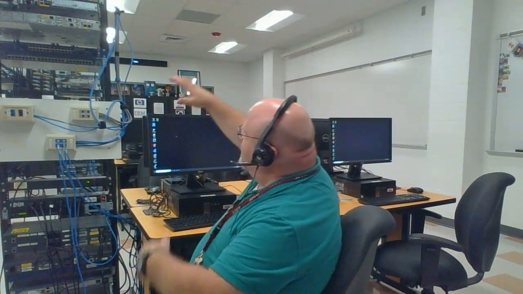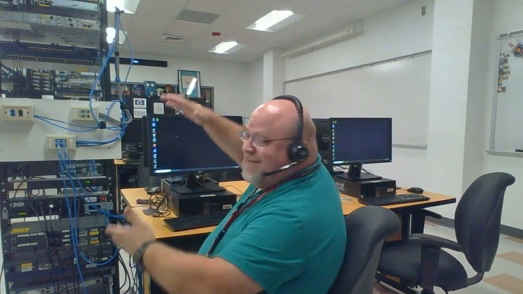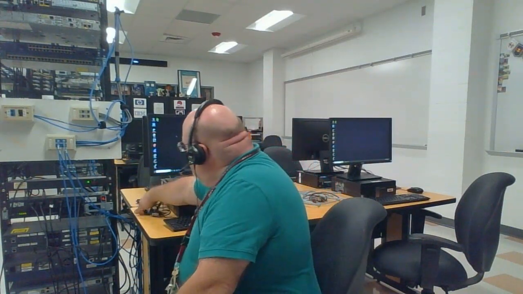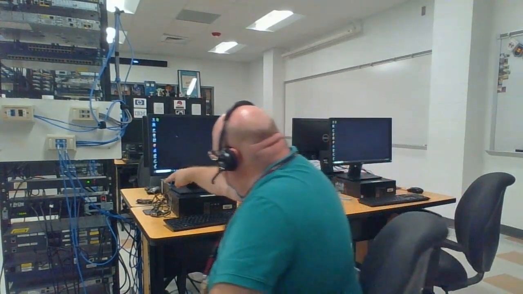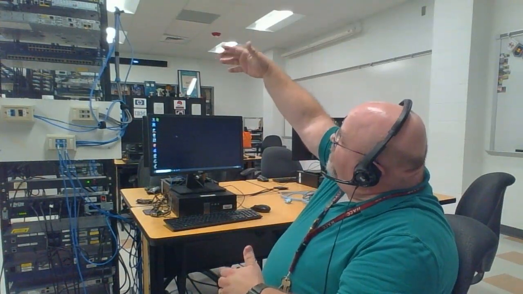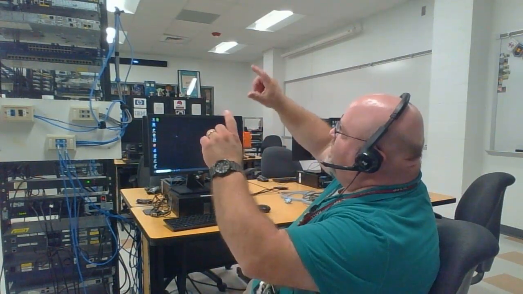At the end of the table is your equipment rack, and there is a set of equipment on the top and essentially a duplicate set of equipment on the bottom. If you look at the corner of the table, I have a sticker here that tells you which half of the rack you should be using. The table I'm sitting at right now, this sticker says use the top half of the equipment rack. That top half has all the important ports pointing towards you, so as you work on your labs, you'll be able to see those ports, those link lights, those activity lights